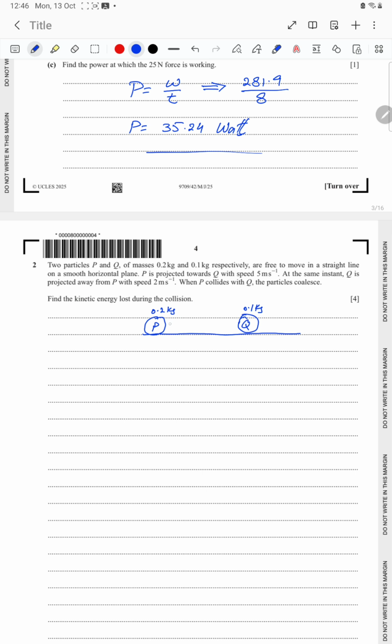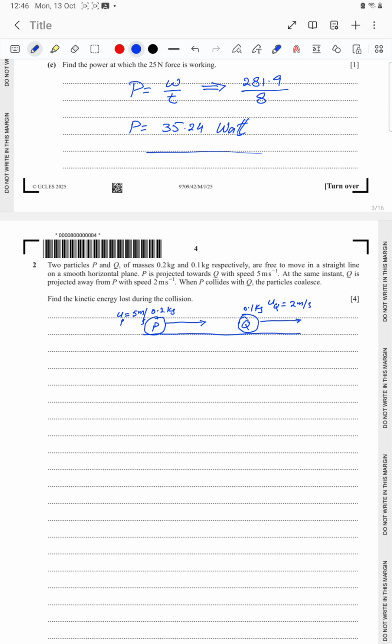So P is projected towards Q. P is going towards Q with its initial speed, it means U P is given to be 5 meter per second. At the same time Q is projected away from P, going away from P with a speed, it means U Q will be 2 meter per second. As the speed of Q is less than the speed of P,